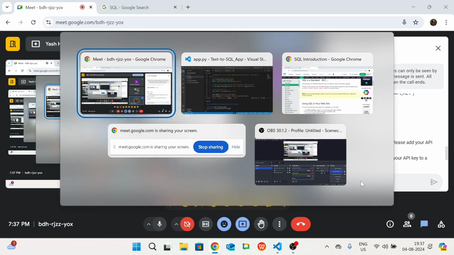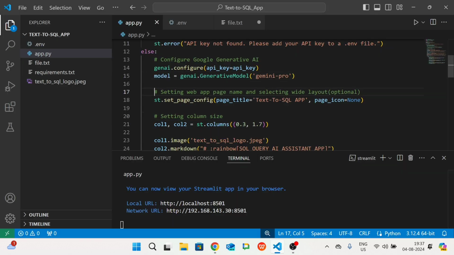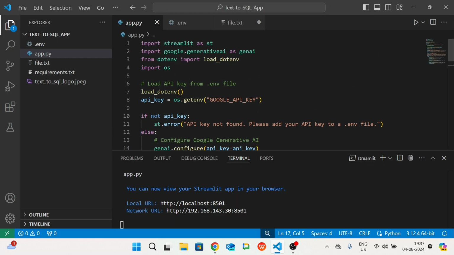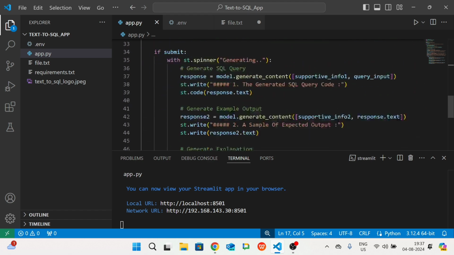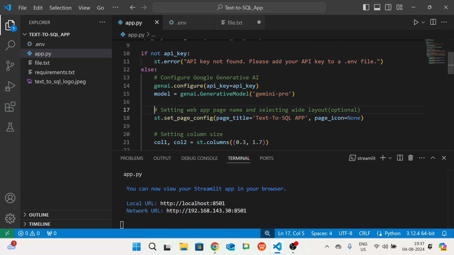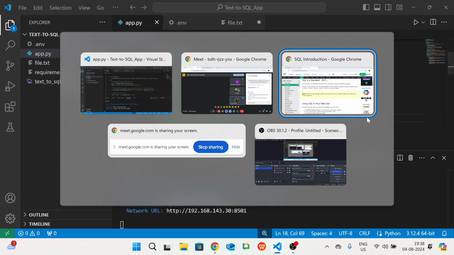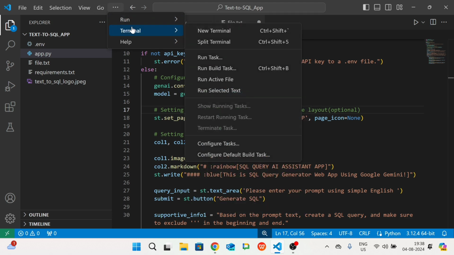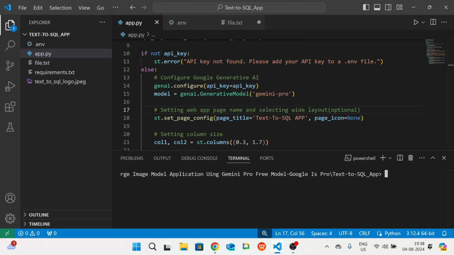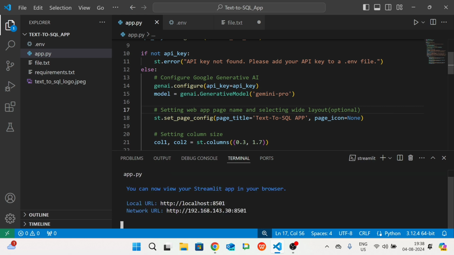So let's move further. See now, we are using Streamlit functionality. See how we can use it. Okay, very simple thing. Setting the web app page name and selecting the web layout is the optional part. Let me run the application again. My goal is to explain your code in a detailed manner. The important thing is that you need to know what each particular line of code is doing.